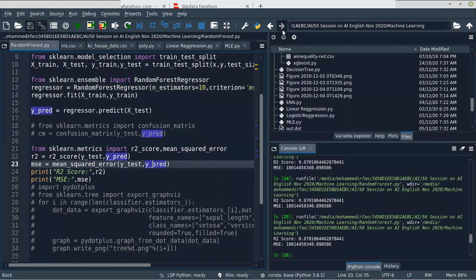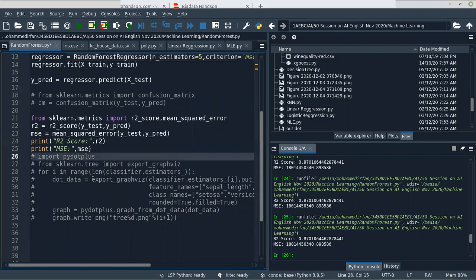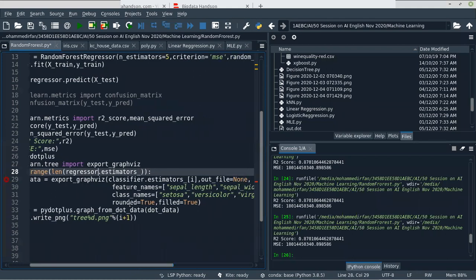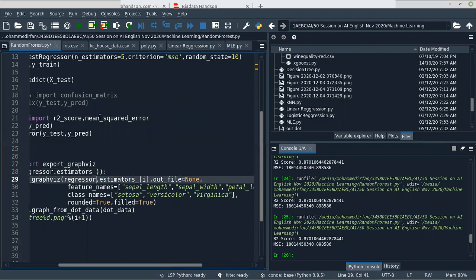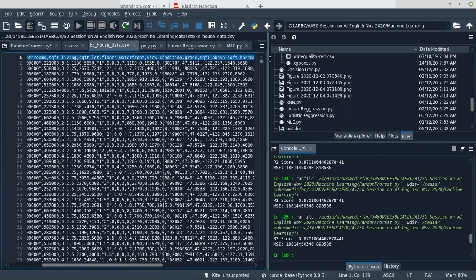If you want, I can show you that. We need to change these feature names. We have many features, right?